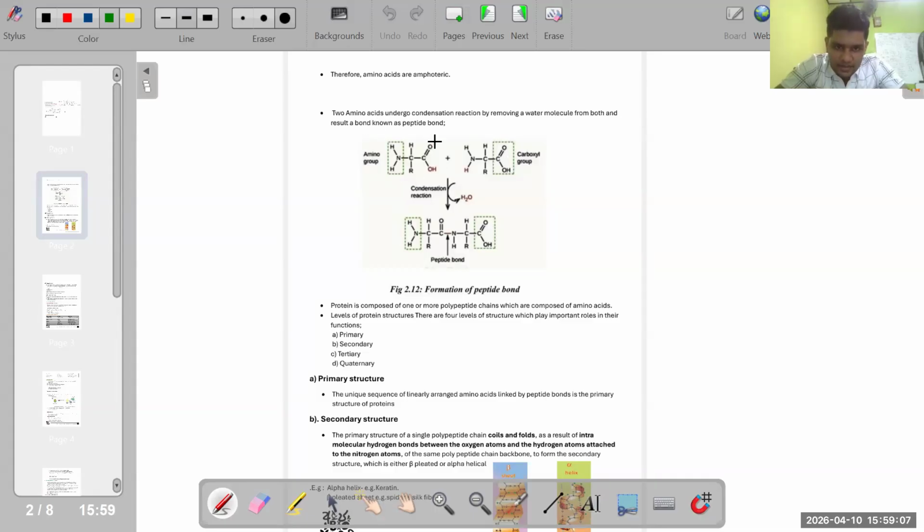Now see, this is an amino acid. This is an amino acid. Just check how they are linking. Now, this is the carboxyl group. We studied the carboxyl group as COOH, right? Now this is the expanded version. There is a double bond O and a single bond OH group. Are you fine with that structure? Is it any confusing?